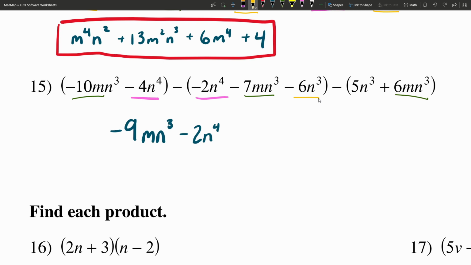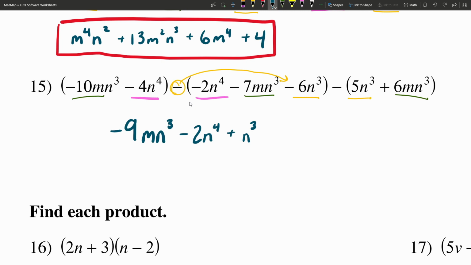And then lastly, we can combine our n cubes together. So we have a negative 6n cubed, and we're subtracting a 5n cubed, but don't forget, what was out in front of this polynomial? It was subtracted itself. So implying this, that's actually going to result in a positive 6n cubed. So 6n cubed minus 5n cubed is going to result in a positive n cubed. So plus n cubed. So just make a note to make sure that you're distributing that subtraction or those negatives